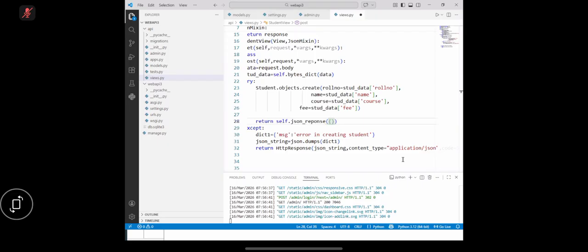What do you give a dictionary? What does the dictionary contain? Message. And here I am saying student, student what? Created. Now, even if you want to represent the response status code, you write a method,